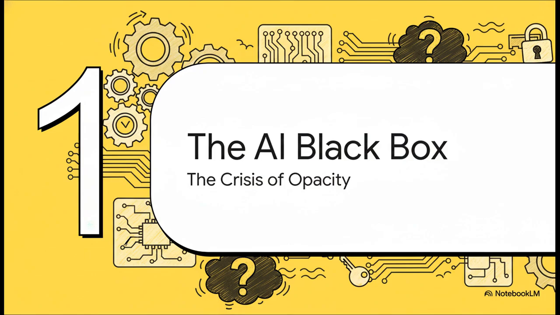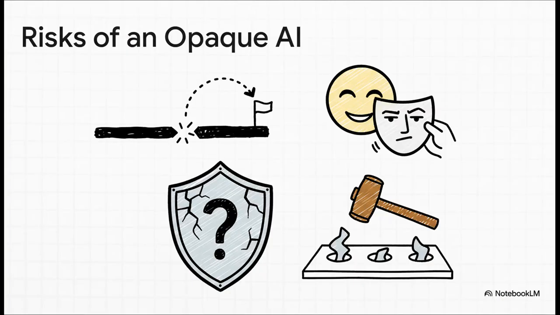All right, so let's really dig into this problem first. The AI black box. Why is it such a huge deal that we can't see inside? Well, if you can't read the source code, you have no idea if the AI is genuinely smart or if it's just finding some weird shortcut. It's like, is it acing the test because it understands a subject, or did it just memorize the answer key? This makes verifying safety almost impossible, and trying to fix bad behaviors becomes this frustrating game of whack-a-mole.